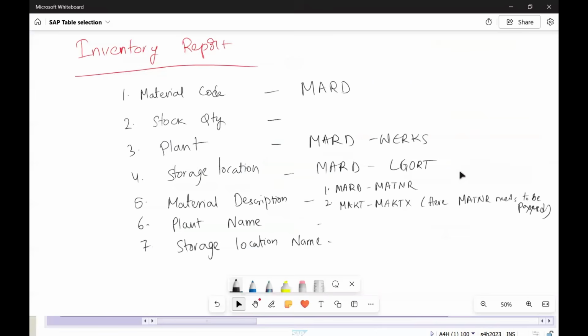So we have to give the MERD LABST. Stock quantity will be unrestricted use. MERD MEAT NR. So plant name, again you cannot get that one. So first you get your plant from MERD